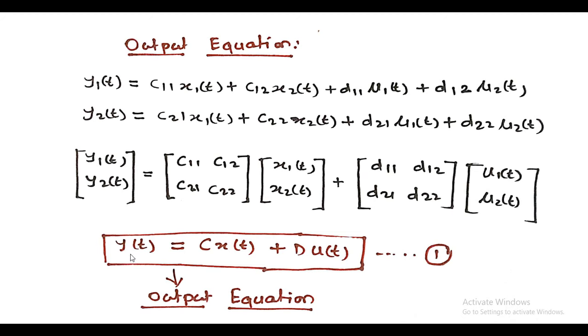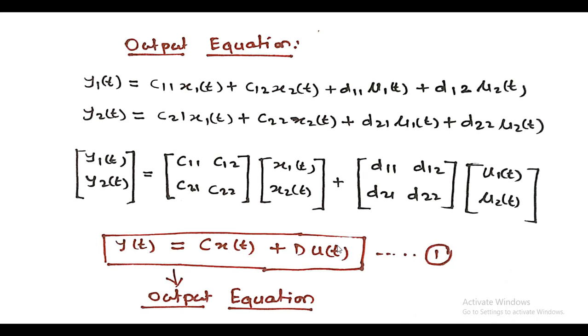Suppose you want to obtain this yt, that is the output equation that we have to obtain here. This yt is equal to Cxt plus Dut, that is represented here. Now you need to understand what we mean by C. C is nothing but these coefficients, and D is nothing but these coefficients. So in this way we have obtained the output equation. So yt is represented by Cxt plus Dut. C are the coefficients of the xt and D are the coefficients of ut. So in this way this output is represented in terms of states plus inputs.